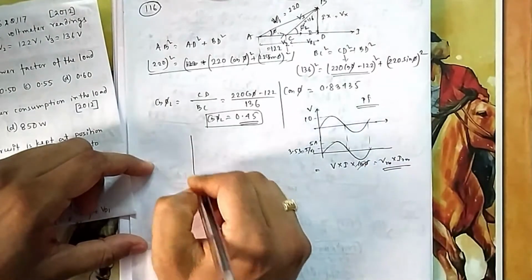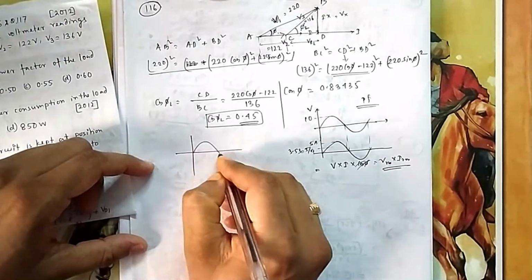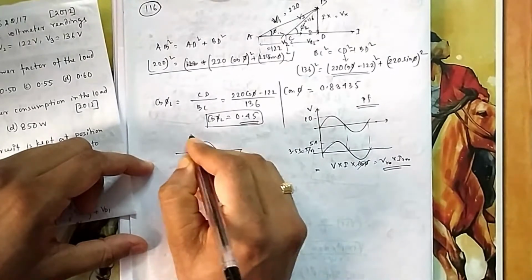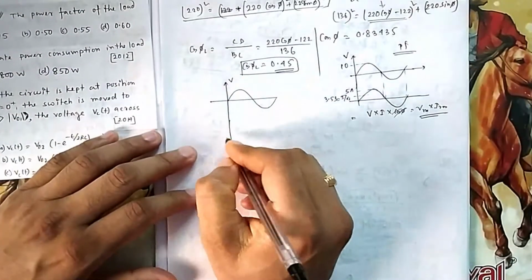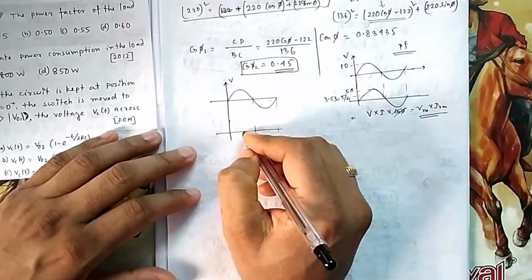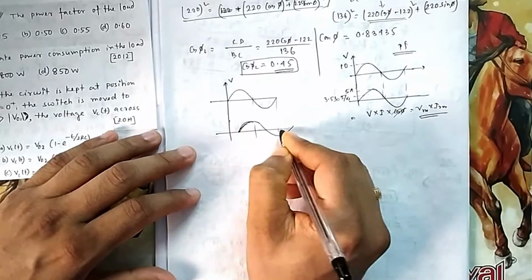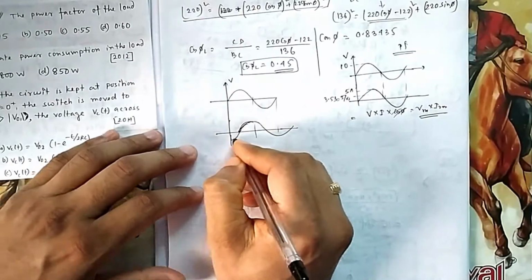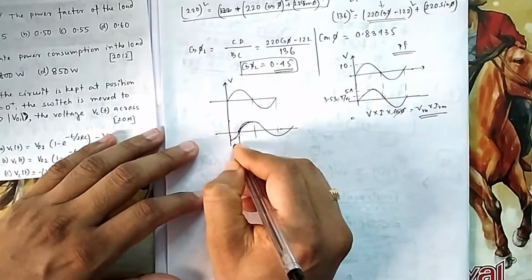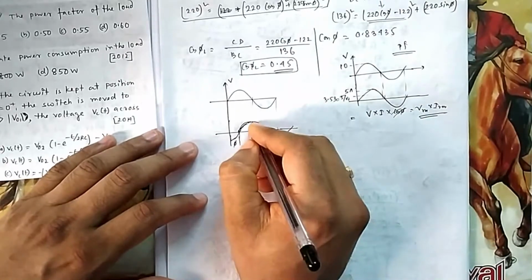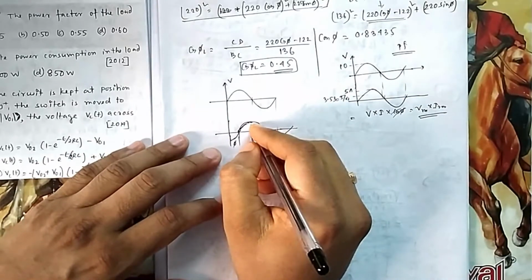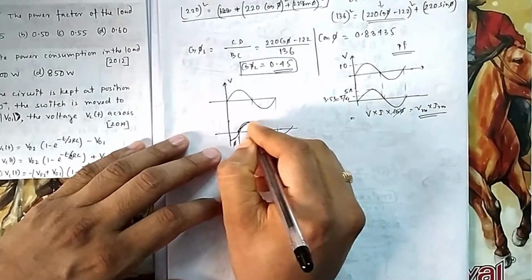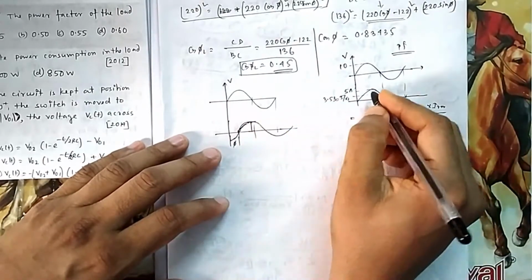But now suppose I am not taking a resistive load, so my wave shape gets distorted a little bit. So the I is not following V. So what will the power factor be? Now suppose this is my I. It is not following V, here it is lagging V by some angle phi. Now if you see this one, the power factor definition is, you take the peak value of I, suppose this one is I peak.